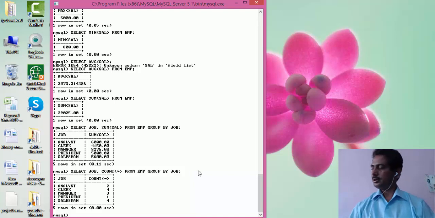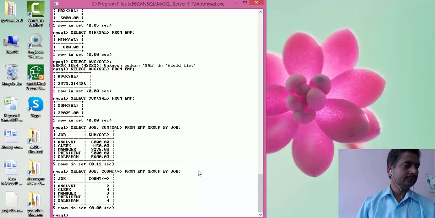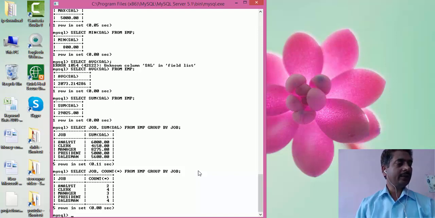Then what is the next topic? Group by. We have covered all this chapter also, I think. Then next is creating a table. I covered creating a table in the first class when I was using Zoom.